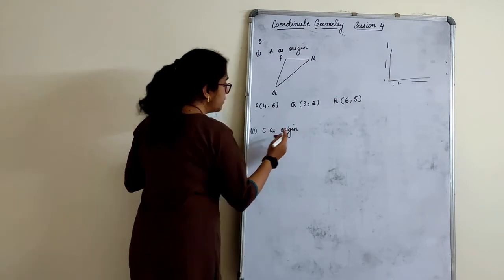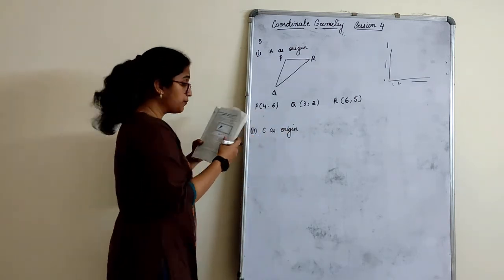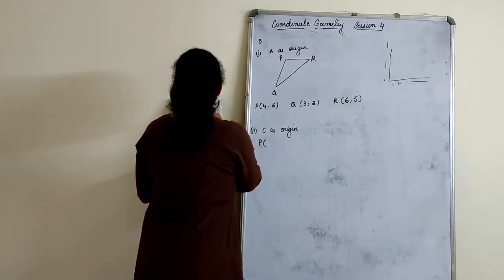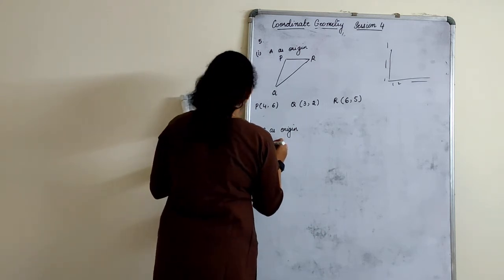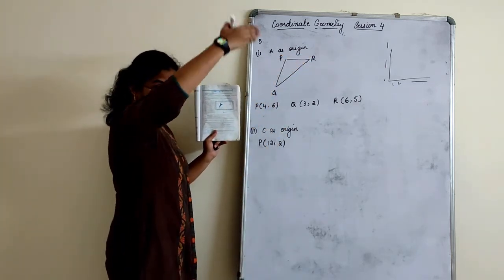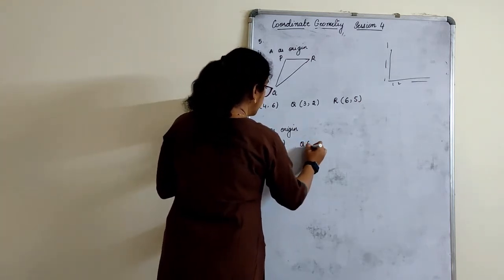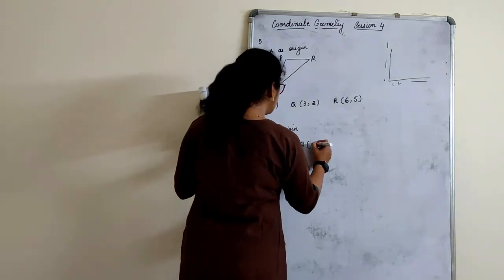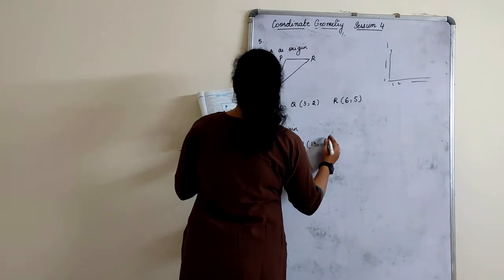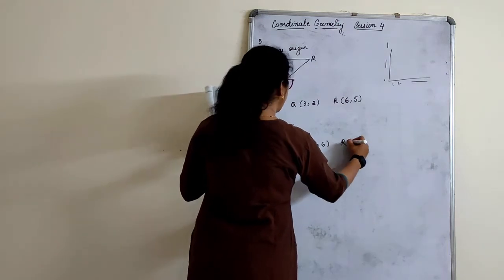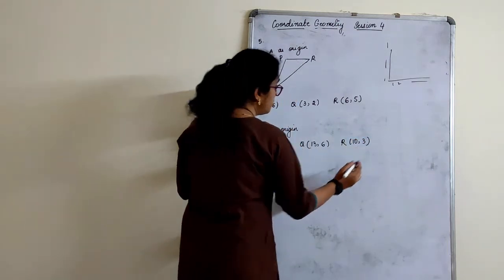Simple. What you will do? You will start reading it from here. The coordinates 1, 2, 3. So if C is the origin, what will be your P point? P point will be at 12 on the x-axis and with respect to that 2 on the y-axis, right? Read it like this. This is your x and this is your y at that point of time. In terms of Q, if I have to find, that is 13 on the x-axis and 6 on the y-axis. And the last point R, if I find, it is 10 on the x-axis and 3 on the y-axis.